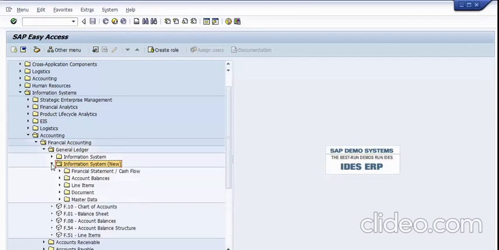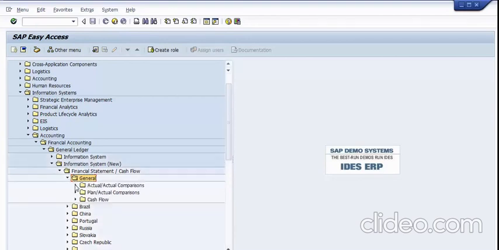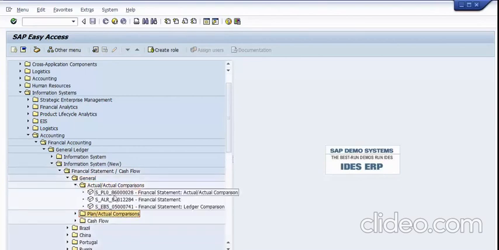Let's expand this folder. There are 5 different folders within it. The first folder consists of the reports related to financial statements and cash flow statement. If we expand this part, you can see there are different country-wise reports available, and the general report is the one which is generally used by most of the countries, company specific. So moving to the general, expand, and if we expand each of these folders now,